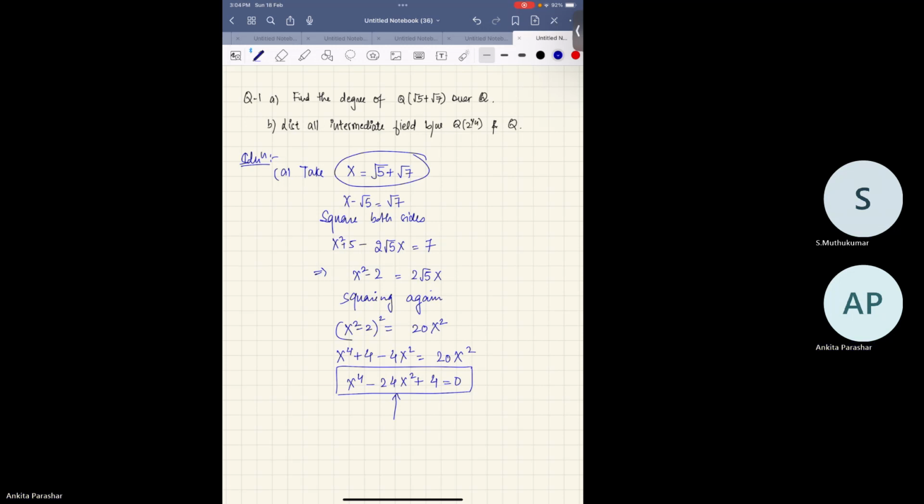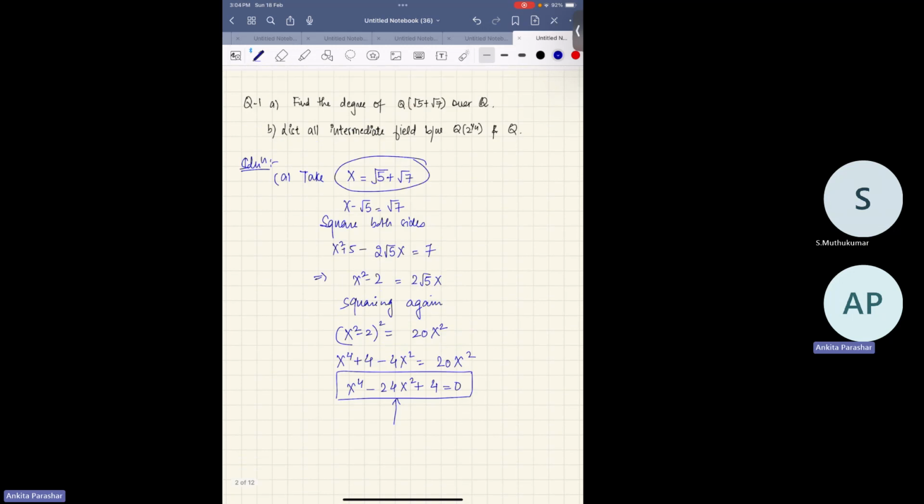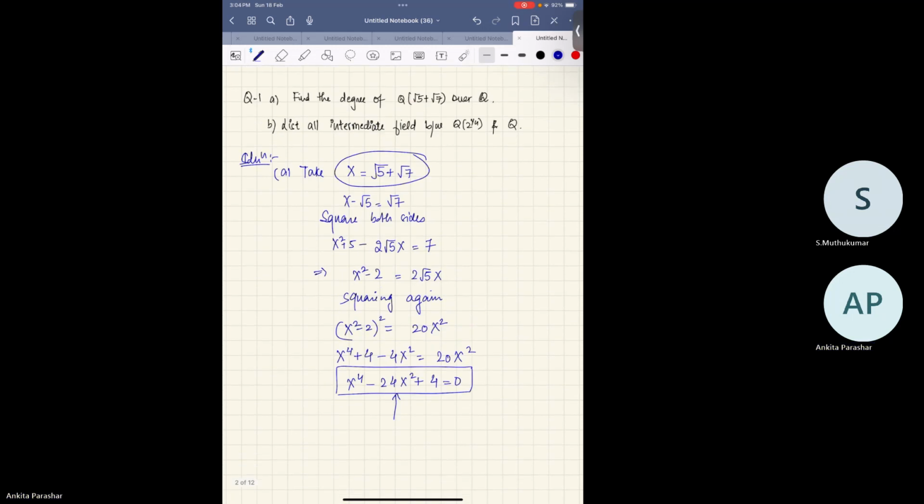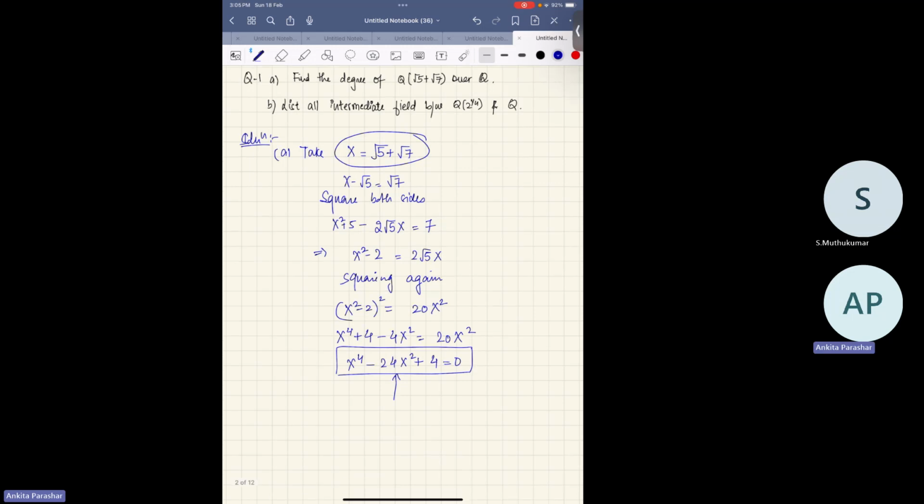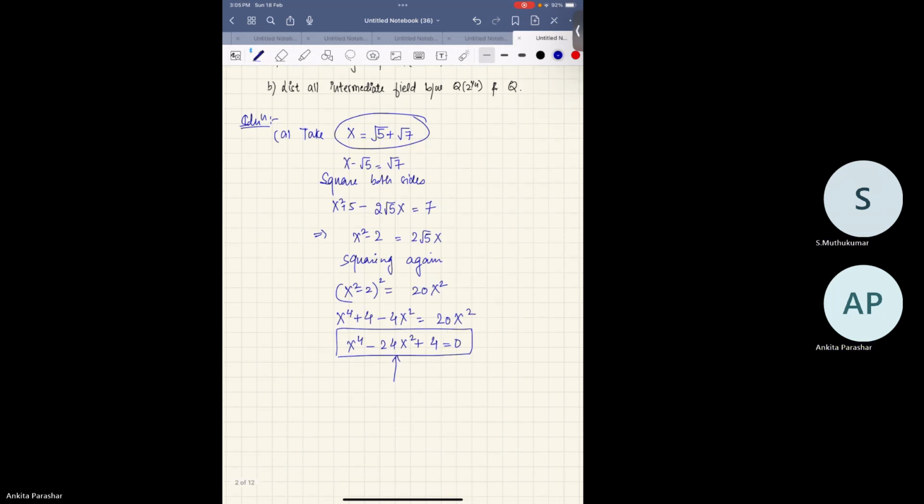That's correct. But how do we see it's irreducible? This is an irreducible polynomial. So we apply the Eisenstein criterion. What does the Eisenstein criterion say? By replacing x by x plus 1, all right, now I think things are clear. So using the Eisenstein criterion,